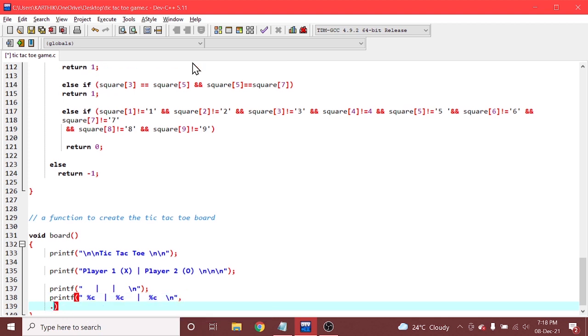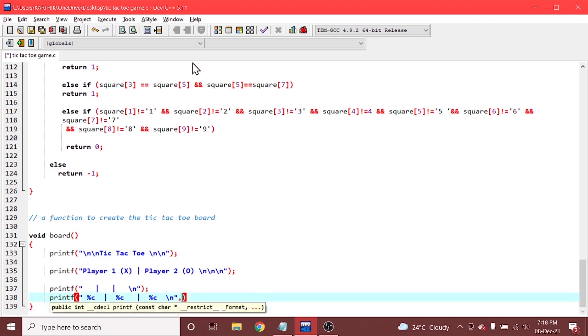So what does this percentage indicate? Square of 1, square of 2, and square of 3.